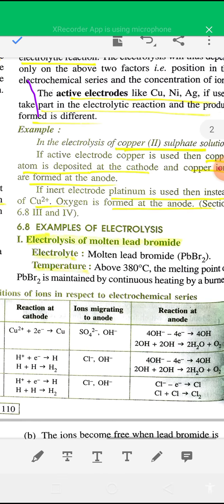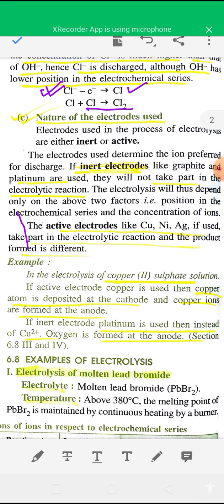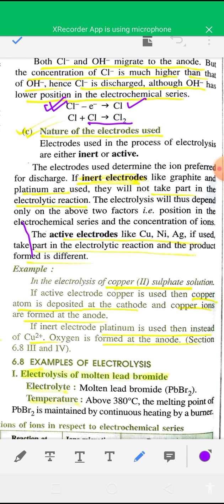Okay, and now see how the preferential discharge depends on nature of electrode. In electrolysis, two types of electrodes are used. One is inert electrode, another is active electrode. Inert electrodes do not take part in the electrolytic reaction, and active electrodes participate in the electrolytic reaction. Inert electrodes like platinum and graphite do not take part in electrolytic reaction. Active electrodes like copper, nickel, silver participate in the